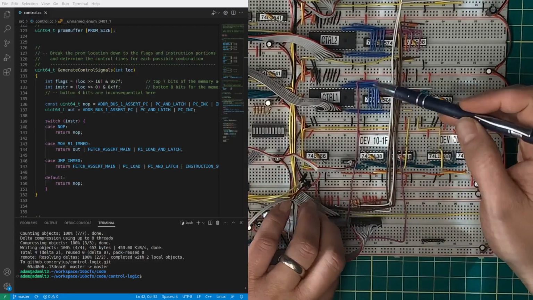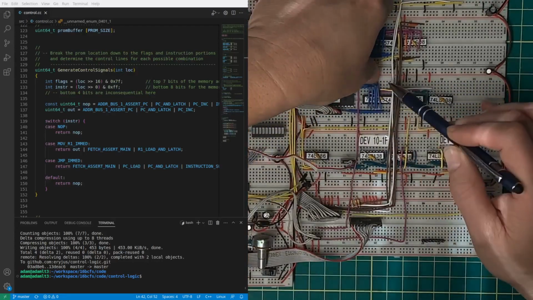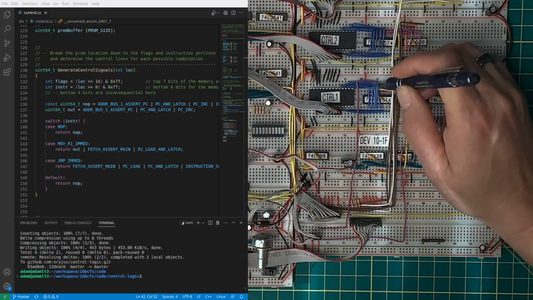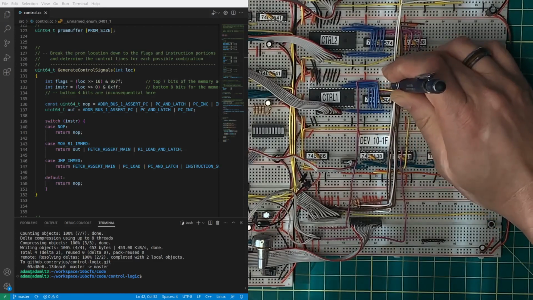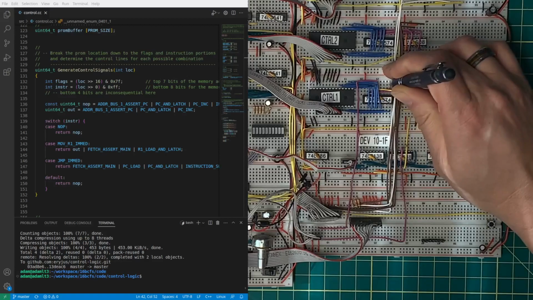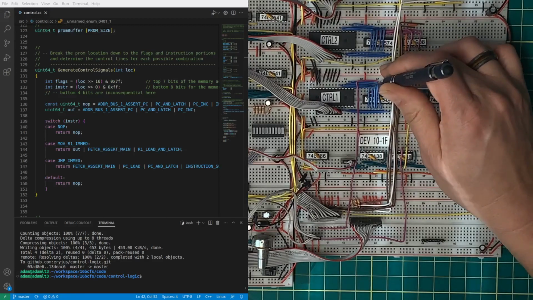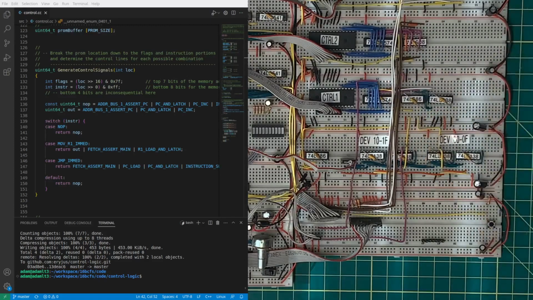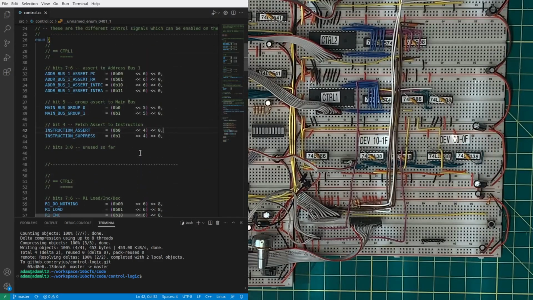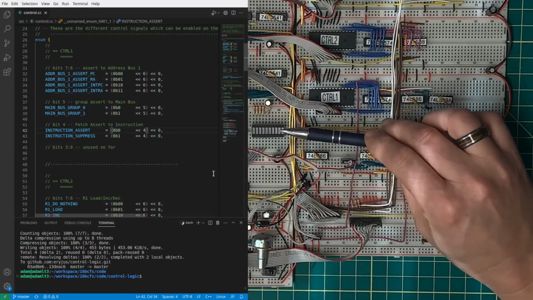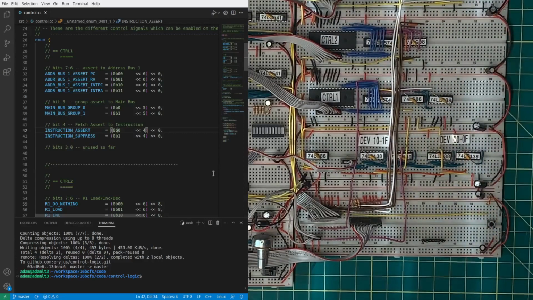Of course, it's popping out of the breadboard, which comes from up here, control 1, and it appears to be 1, 2, 3, 4, 5. So bit 4, 0. This would be 0, bit 1, bit 2, bit 3, and bit 4 is right there. So coming over to my code that I can refer back to that, coming off of control module 1, bit 4, yes, is my instruction suppress. When it's 1, I am suppressing that instruction. When it's 0, I am asserting that instruction from the fetch register up into the instruction register a little bit